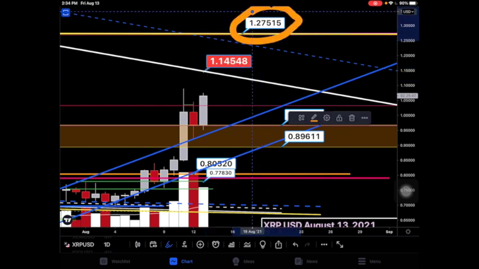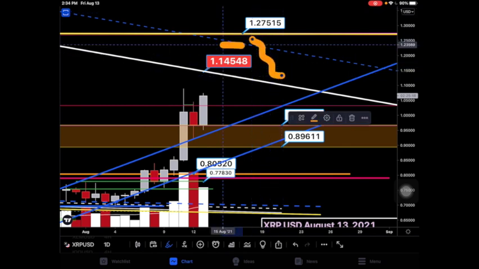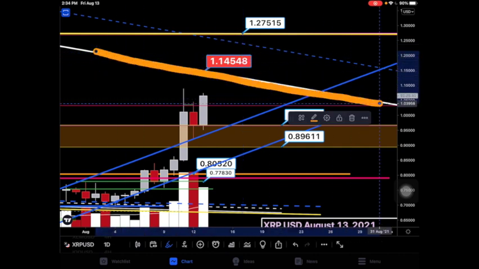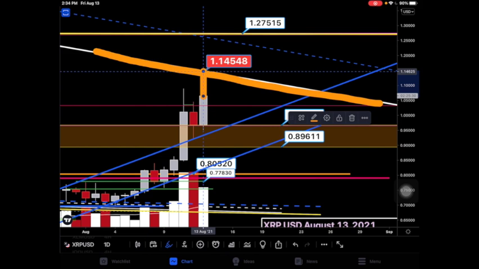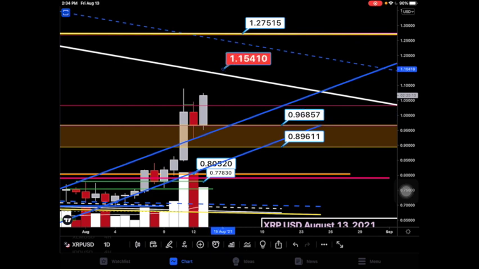My first target that I really have is $1.2751. After that, I think price will come down for a rest and decide what it's going to do. And it may come back down to this dynamic line. But you need to bear in mind, this is a dynamic line because if price hits it right now, it's $1.1454. But if price hits it tomorrow, that line is actually lowered to $1.1422, and so forth and so on as we get all the way down to here,